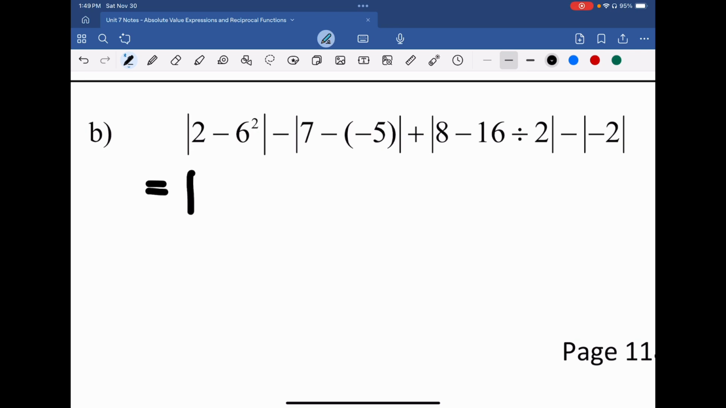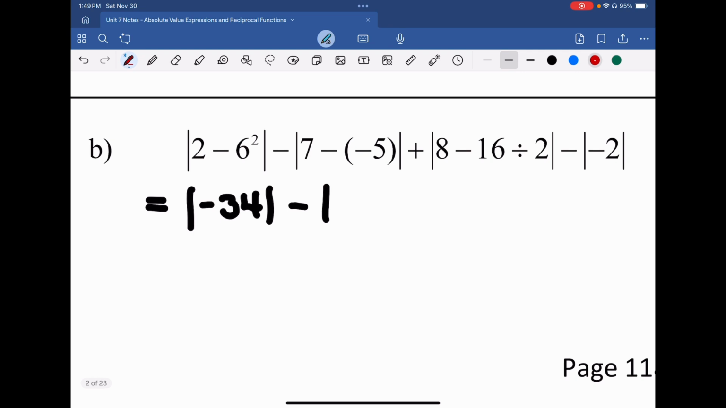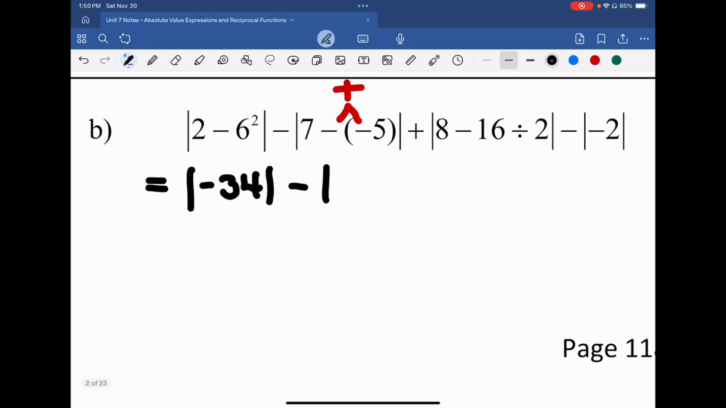So we're going to write this as, and maybe I'll combine a couple steps into one, 2 minus 6 squared. Well, that's 2 minus 36. This gives us negative 34 inside the first bracket. Absolute minus 7 minus minus 5. Well, we know a double negative is going to end up becoming positive. So this will end up becoming 7 plus 5, which is equal to positive 12, plus we're going to do